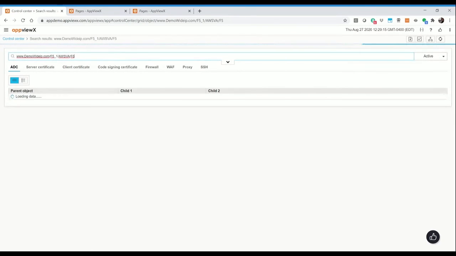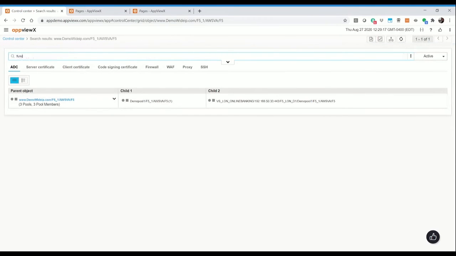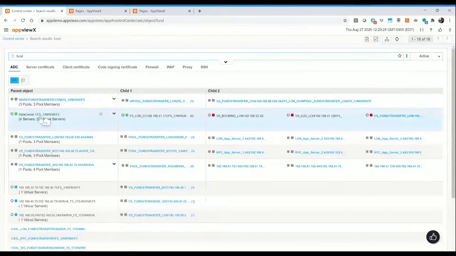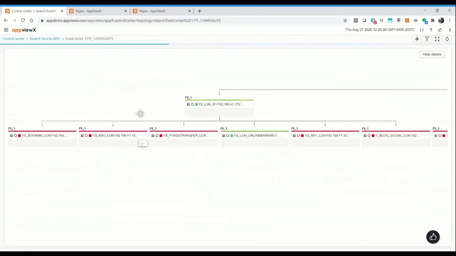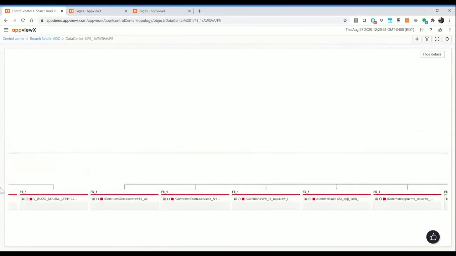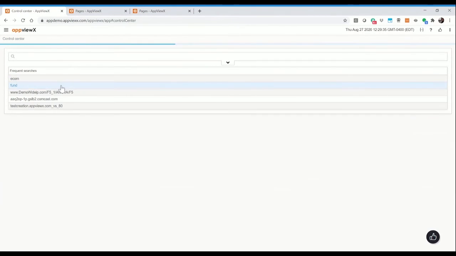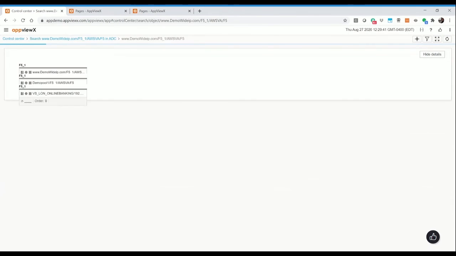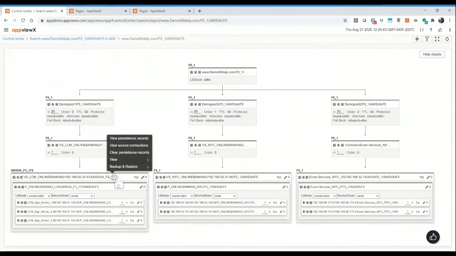I can maybe show you another one transfer. Yeah, something like this is how it would show. I think this one has a lot of VIPs, but that's the idea, right? It sort of gives you a whole bunch of details, and you can take a snapshot of that object configuration or